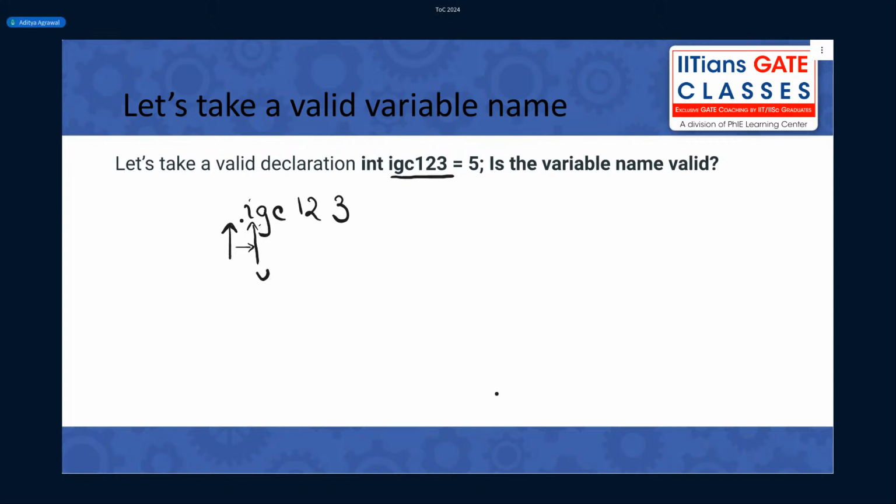So if I ask you guys this question, let's say my pointer is here. If I move the pointer a bit ahead, let's say I move it here, and I see a digit. Let's say here, instead of I, I see a digit. Can I say that whatever is read after that, I don't care, because the variable name is invalid, because my first letter is a digit? Can I say that?